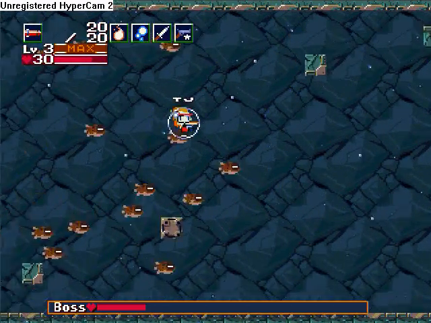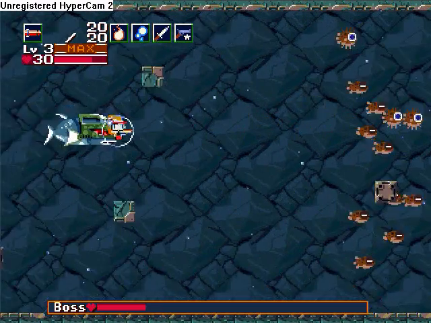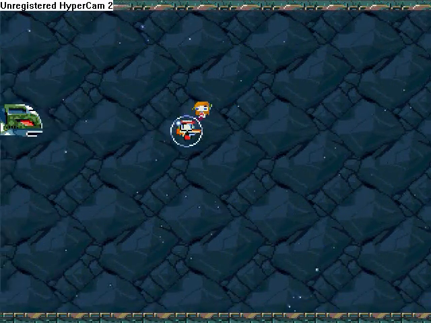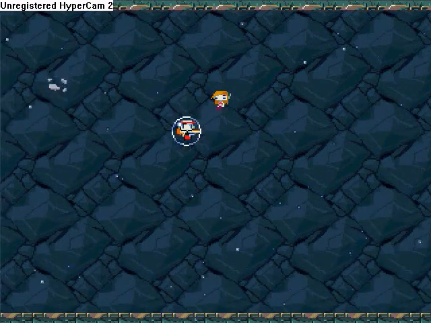But since I can't do that anymore, we're just gonna finish this with a bang. A literal one. And Ironhead is taken down. Not that difficult. And Curly's kind of drifting away. We'll run into her later, but...